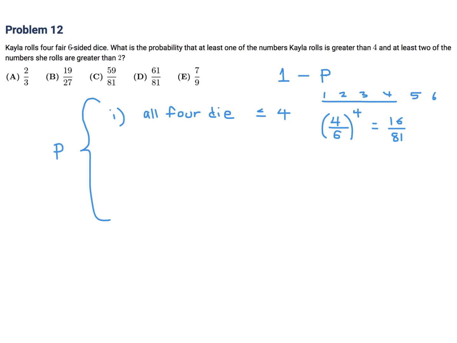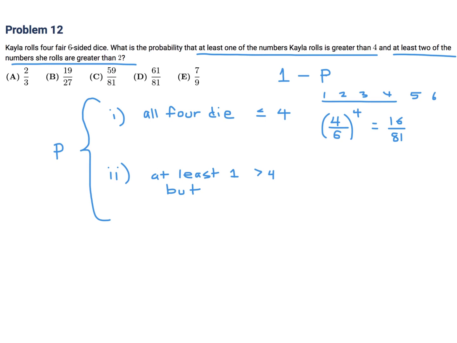Part 2 is that you basically have met this criteria, at least one of the numbers is greater than 4, but you failed the next criteria. So at least 1 is greater than 4, but you have violated this one. At least 2 numbers she rolls are greater than 2. So that means if at least 2 of the numbers are not greater than 2, then that means you have,